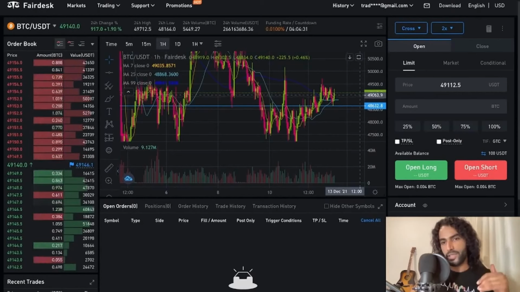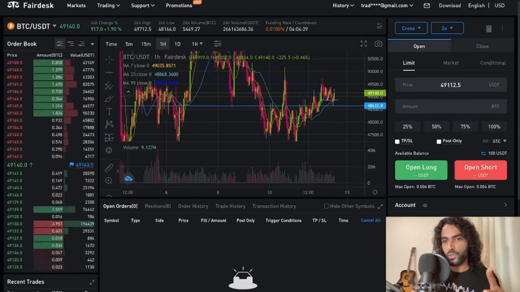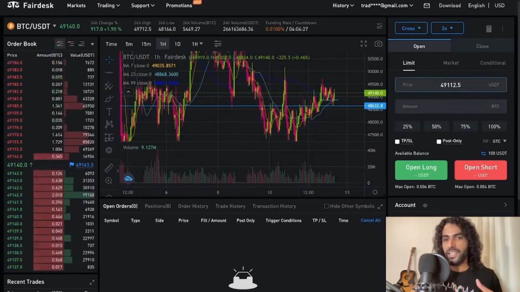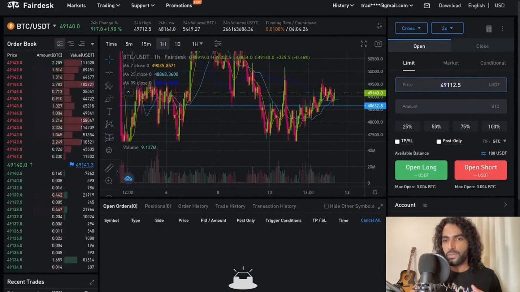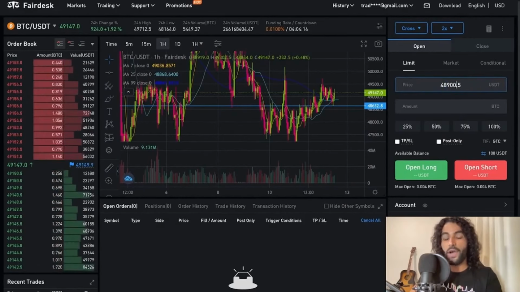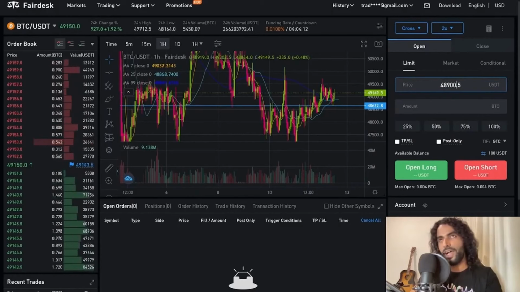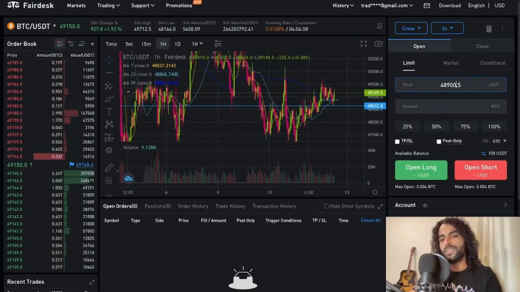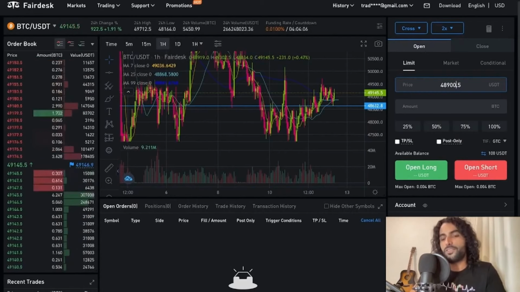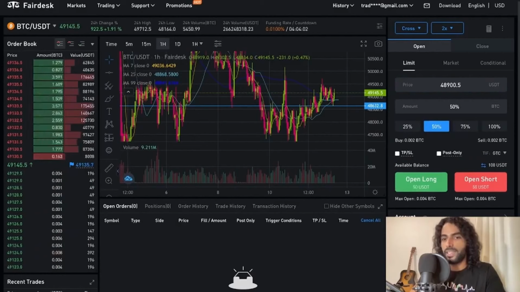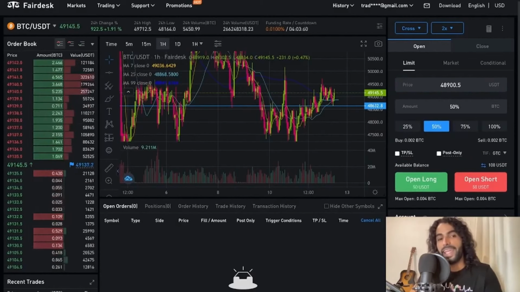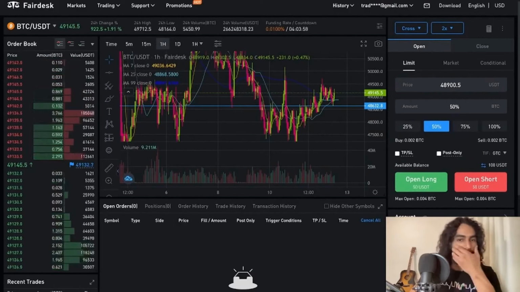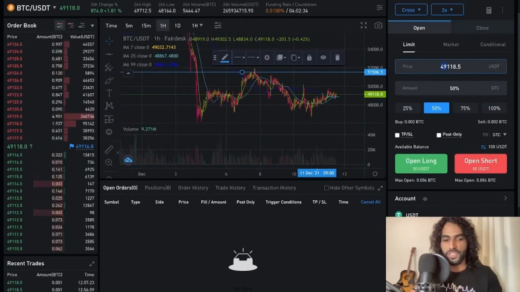So this is the buy limit order. What we're going to do right now is 49,000. We could buy around the 49,000 here. How much percentage? This is simple. If you have 1,000, you don't want to put like 5,000. You just put a percentage of the money you actually have right now. So I'll put, let's say, 50% of what I have right now in my account, and the price